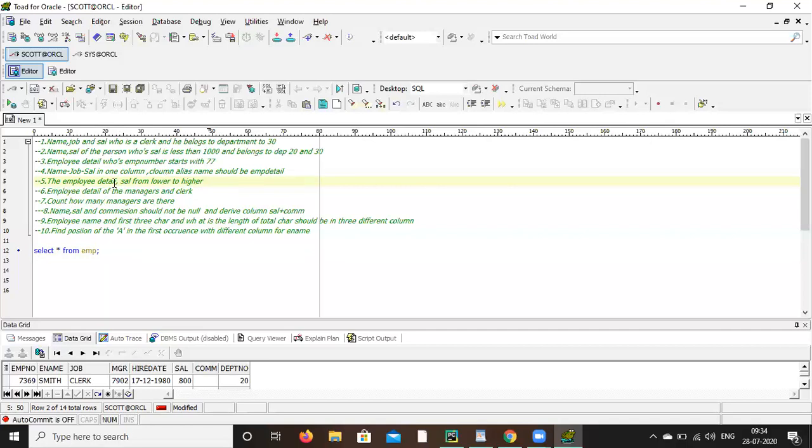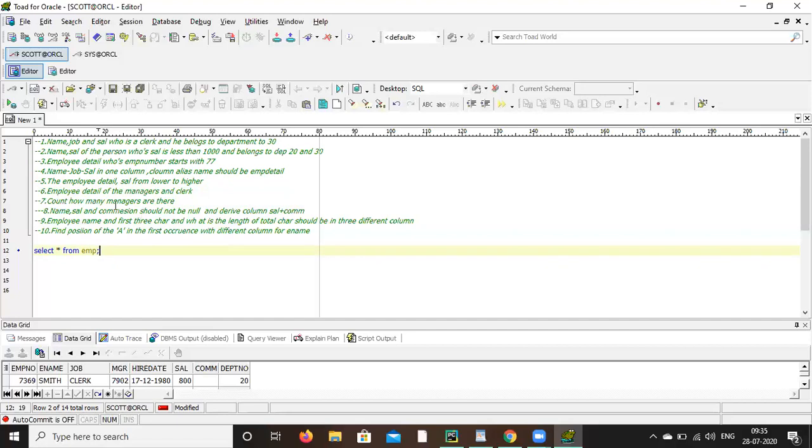I want all the details of the employees who are manager and clerk, for those only. Count how many managers there are. Just count how many total managers there are. Name, salary, and commission should not be null, and a derived column. I want name, salary, and commission. No, no, should not be null.